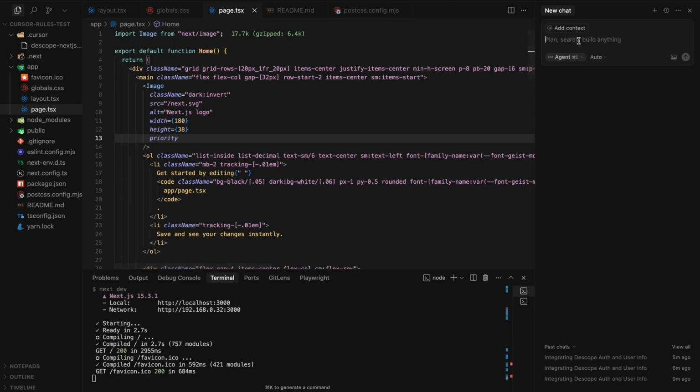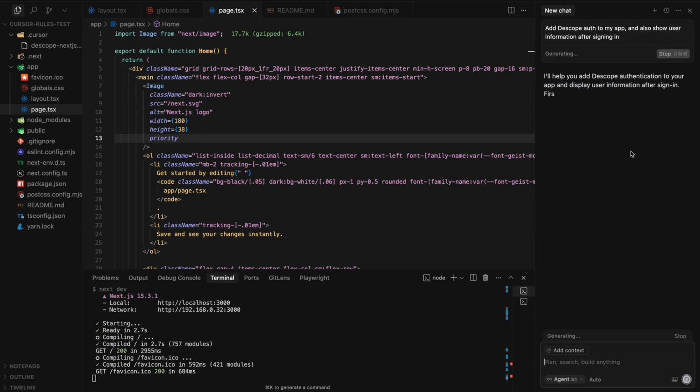If I want to add authentication, usually I would ask Cursor to do that. And I could say something like, add Descope Auth to my app and also show user information after signing in. So if I go ahead and ask that,